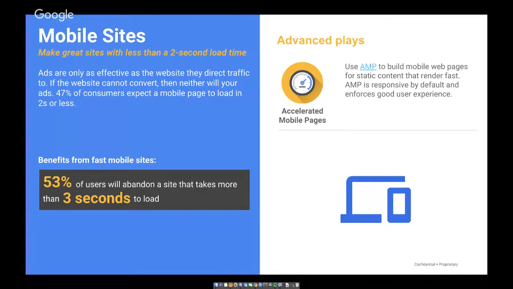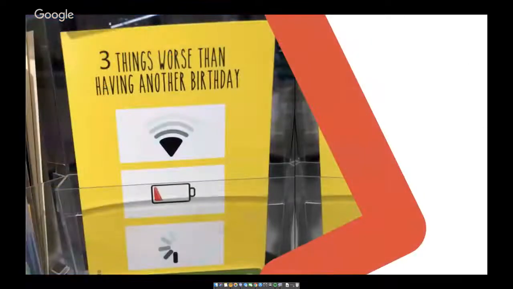We see that 53% of users will abandon the site before even seeing the page. Yeah, that's crazy. For example, if you pay for a click and people don't even see your web page, you just throw away all your money. So it's really important to have fast mobile web pages, and it's important for Google that we also offer services in creating accelerated mobile pages. They are really focused on speed.